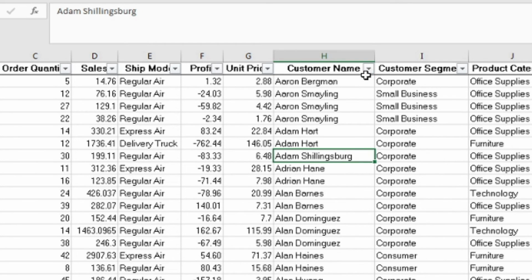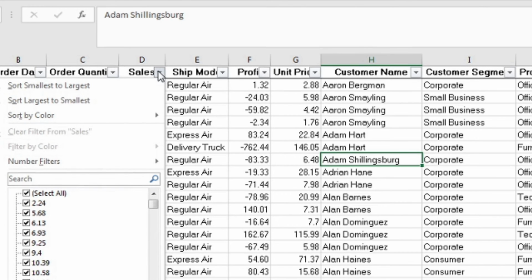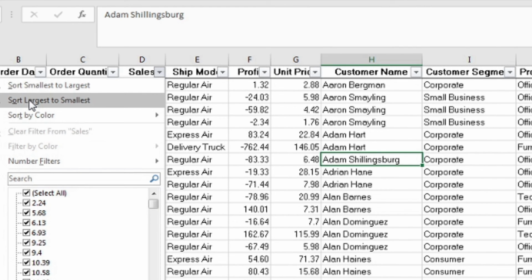Unfilter the data. Now suppose I want to sort the data sales-wise. That means I want to arrange the data on sales, so that the lines having higher sales are on top. We'll go over here to sales; you can see sort smallest to largest and largest to smallest. I want to arrange this data from largest to smallest, so the row with the highest sales is on top and below that in descending order.